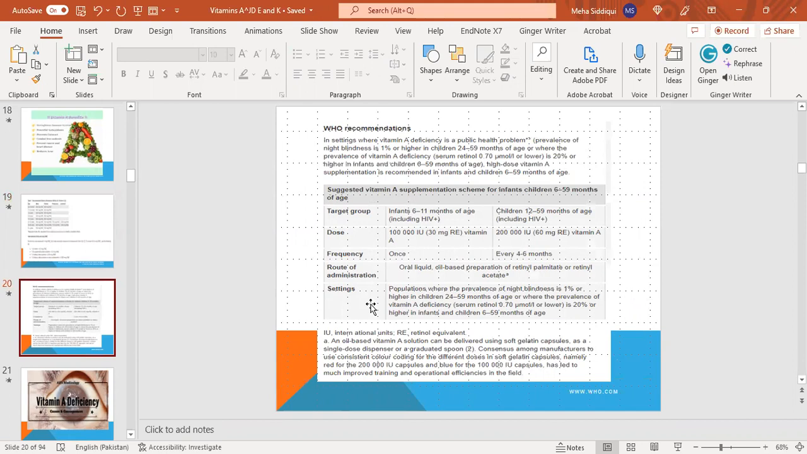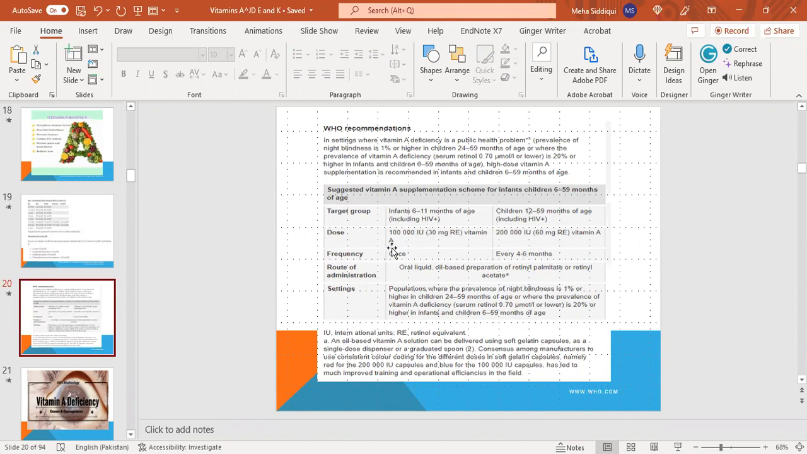So high dose vitamin A supplementation is recommended in infants and children 6 to 59 months of age. The target group: infants 6 to 11 months of age, including HIV positive, and also children 12 to 59 months of age. The dose is given as 100,000 international units of vitamin A for the target group of 6 to 11 months of age, and 200,000 international units of vitamin A are given to the children of 12 to 59 months of